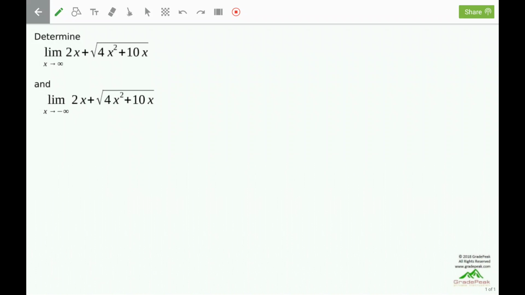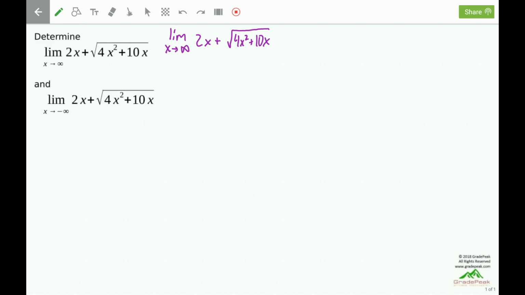Determine the limit as x approaches positive infinity and as x approaches negative infinity of 2x plus the square root of 4x squared plus 10x. Starting with the limit as x approaches positive infinity of 2x plus the square root of 4x squared plus 10x. The first thing to do is to try plugging a positive infinity in for each of